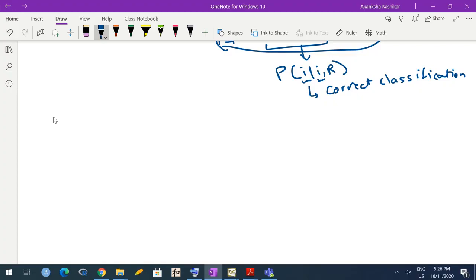Now to find this rule R, one possible suggestion from our earlier history is, can we say, like in the earlier case, that if a certain PDF has a higher value than the other PDFs at a particular x, then assign x to that particular population? Okay, so let us try to write down this rule and examine whether it is optimal. So let g(x) be the maximum over i going from 1 to k of fi(x).